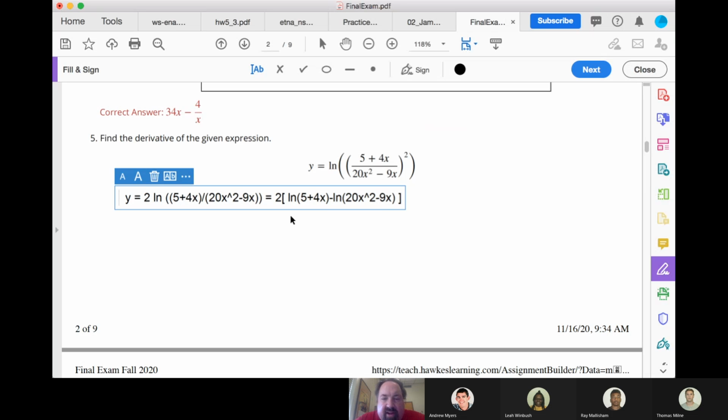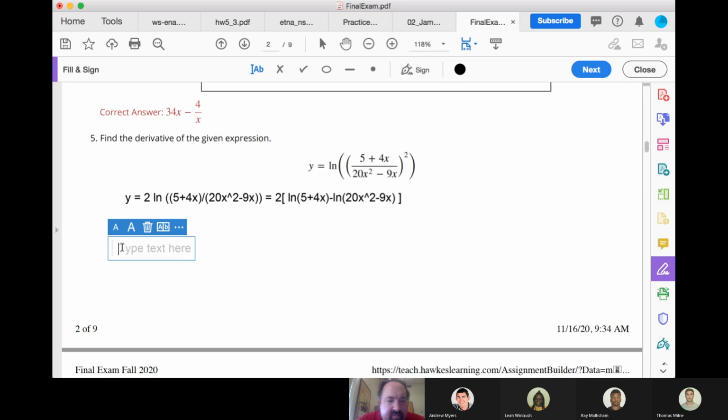Okay, so now we can use a rule that I showed you previously. Log of a function is the derivative over the function. So using this rule,